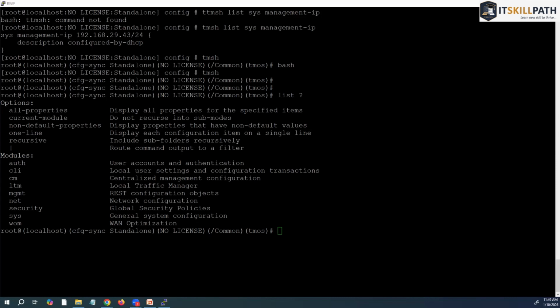Here it's showing no license. So we will be covering today how we do the licensing of the F5 box. No license, you can see here. Okay. So how can we do the license? So we have now